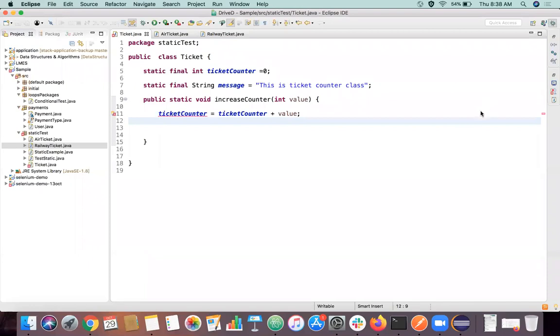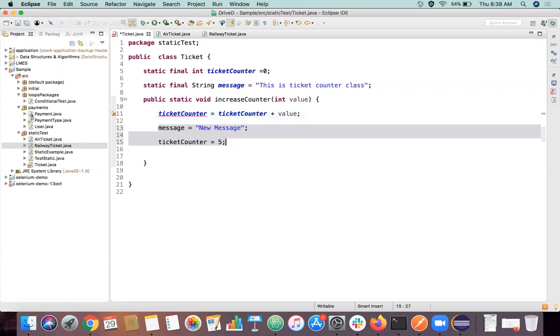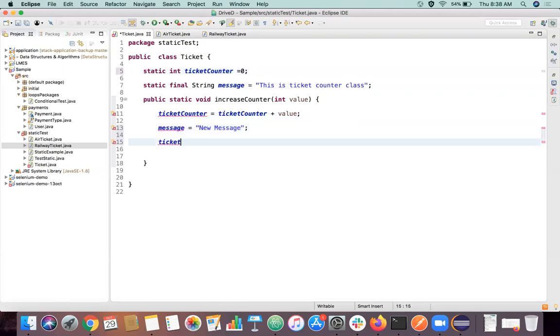Karthik, here, can you just undo the message? Before that, we used the message thing, and we declared the static and final. When you use the final, it's saying that we can't change it. But when you remove the final and leave the static as it is, can you show the error once? Either it can be an integer or anything. Can you remove the final?